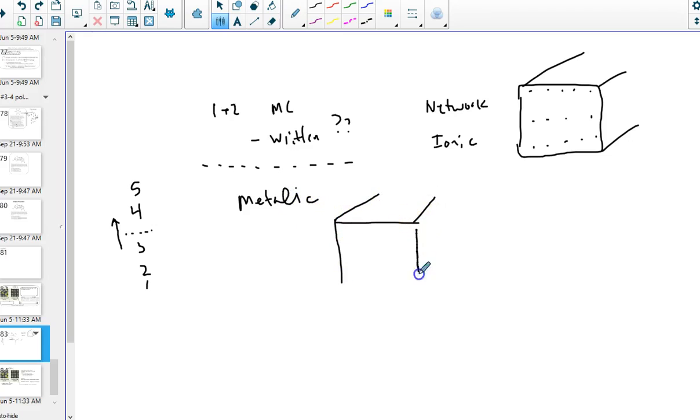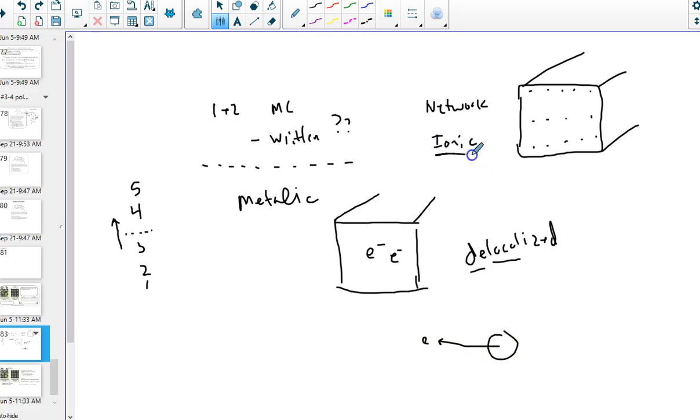Now, one unique thing about this bulk crystal is that we have what's called delocalized electrons. When I first saw this word, I thought to myself, what does this word mean? Well, local means close to where you're at, so delocalized means the opposite of that, so not close. Electrons are free to move between places.